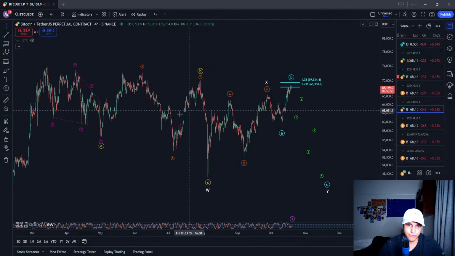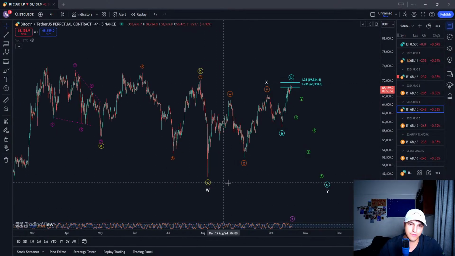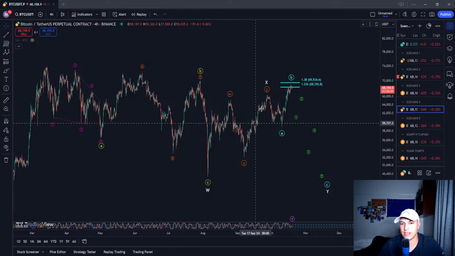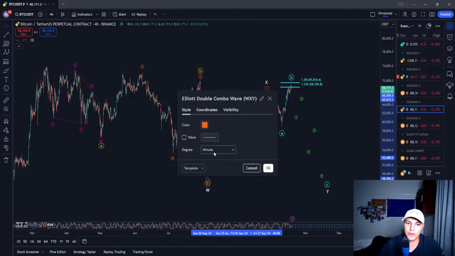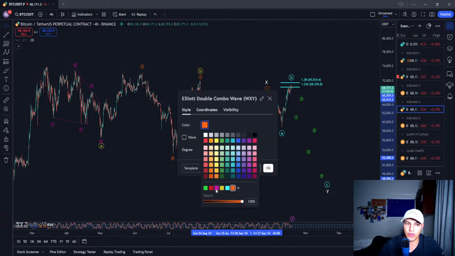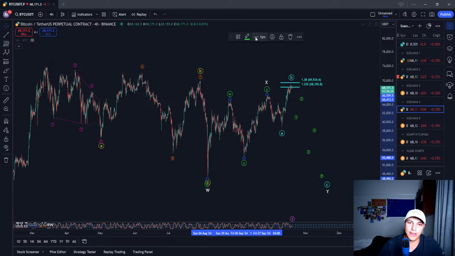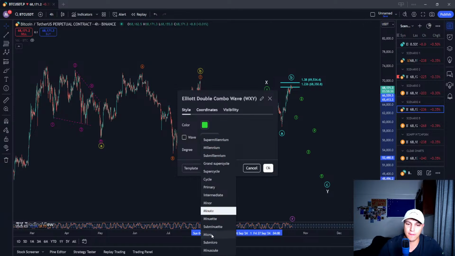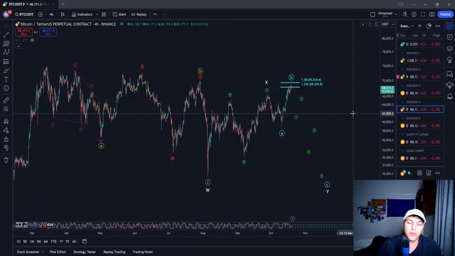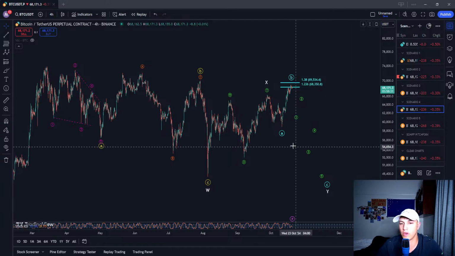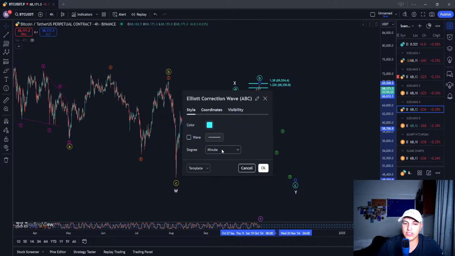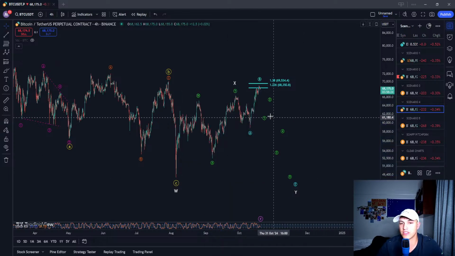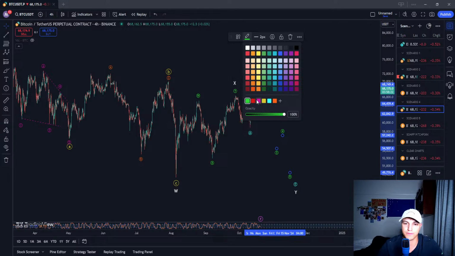Then, so an ABC, lovely. Then in this X we have another WXY, which can be changed to, we're going to do green, and we're going to do this in micro. If you're tuning in now, we're just analyzing the charts, going over what is possible to occur, and just how I feel about all the different scenarios on the chart